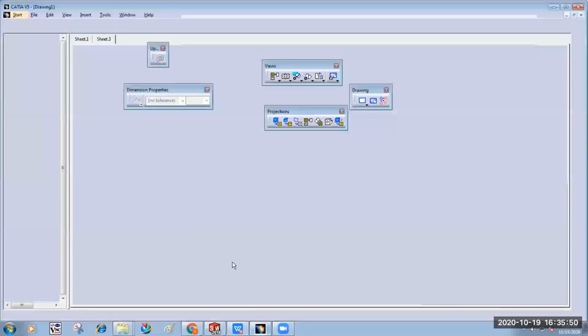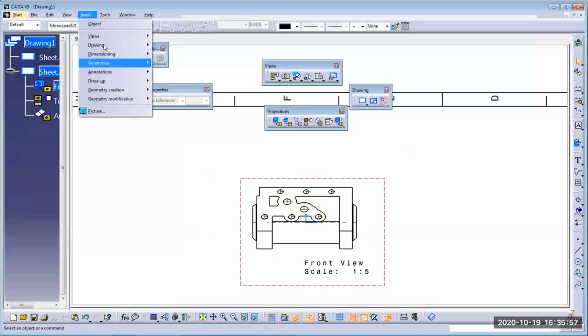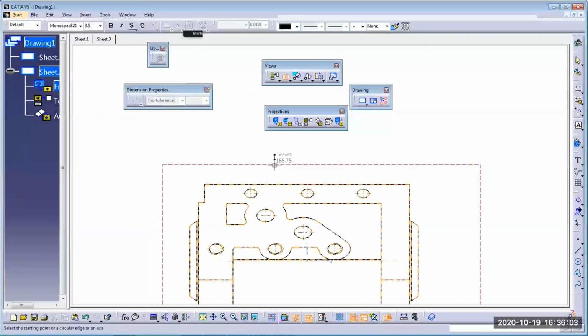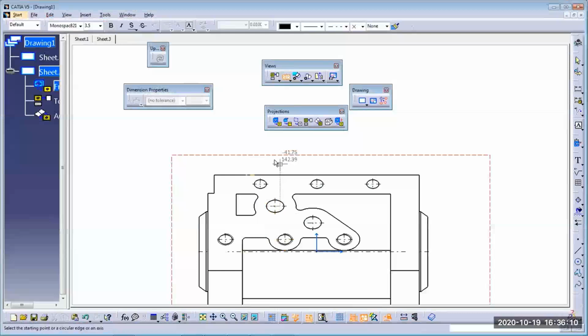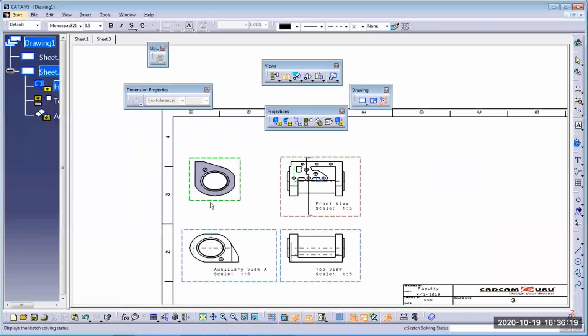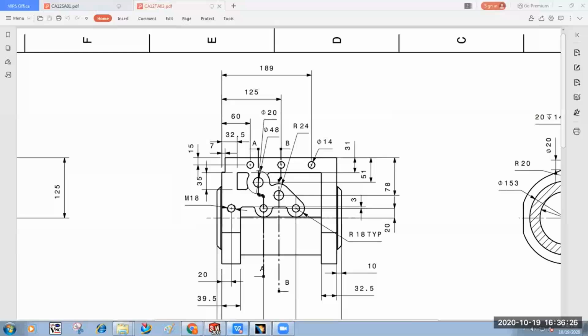Yes, okay, sir. So it is a zigzag section. So I double click to activate this view. There is an insert option, view, section, offset section view. Click here and pass the section from the center. Double click here so that it will end, and see the arrow side, left or right, which side is that? Towards the right side.